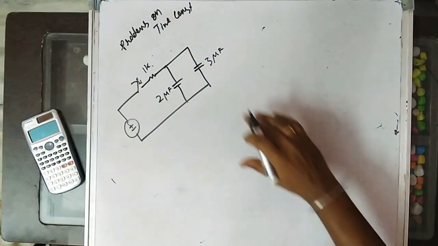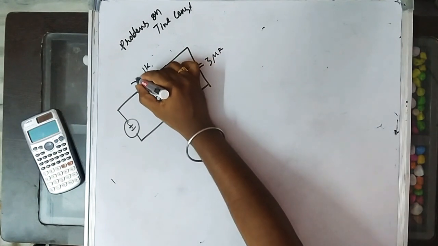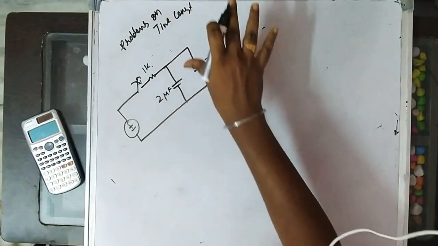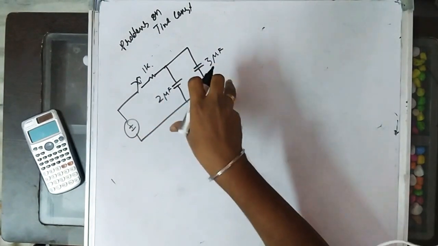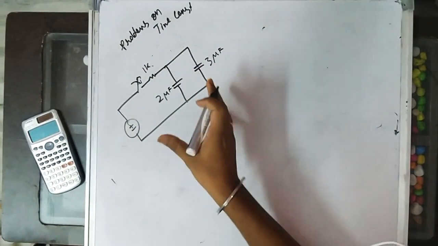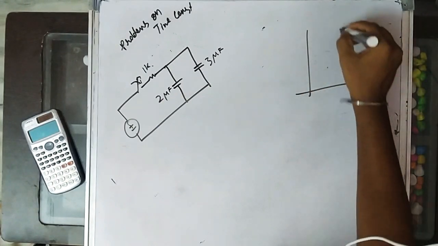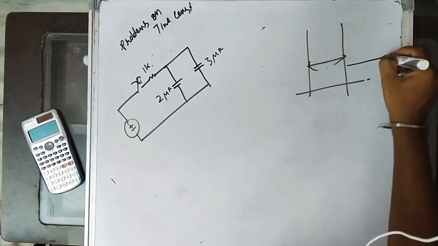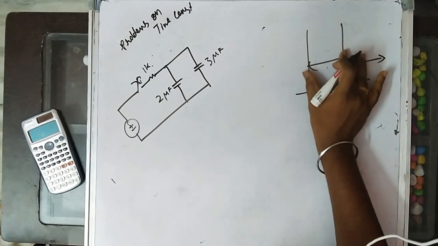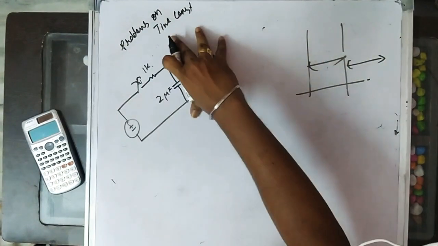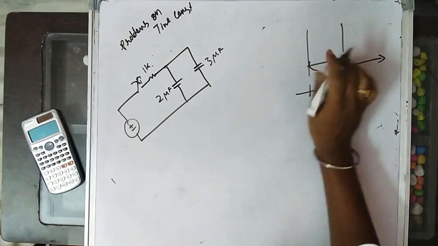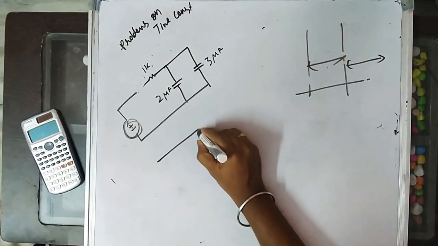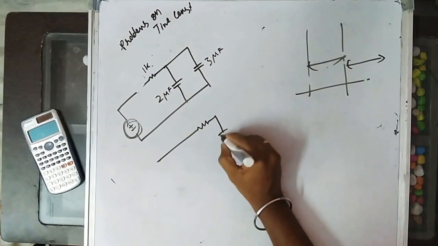To operate the circuit, we need to turn on the switch. Turning on the switch, the circuit will be operated. Within that operation mode, to get to steady state, we need a transient. This is the transient period, and after the transient period, it reaches steady state. In this transient period only, we are finding the time constant for this circuit. To find the time constant, we switch on the circuit, and now it will be in this form.